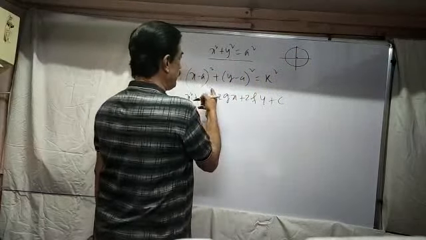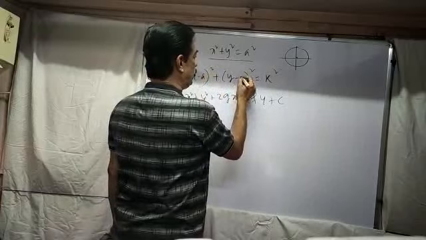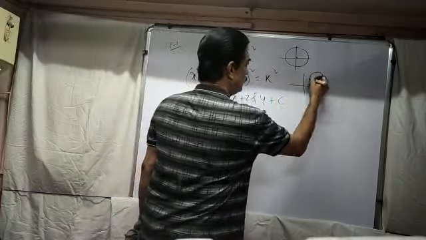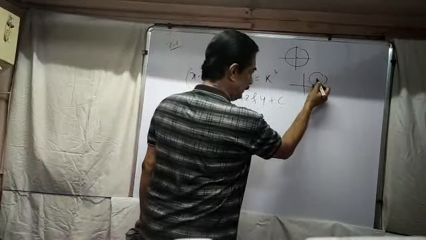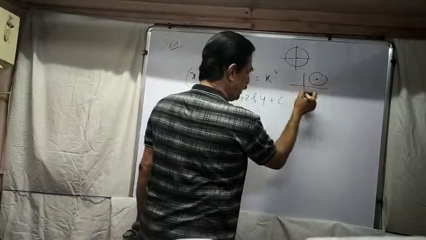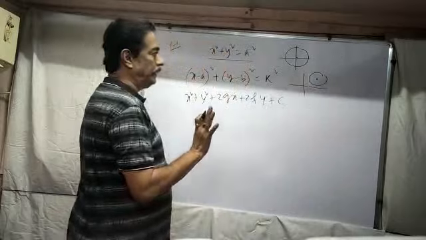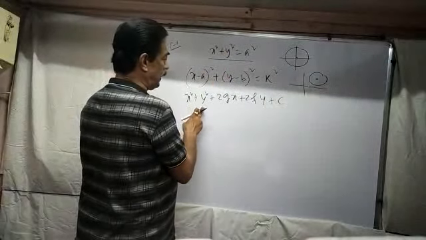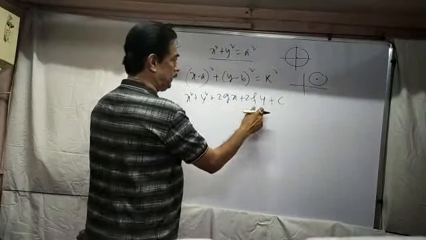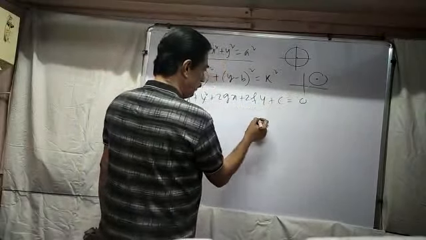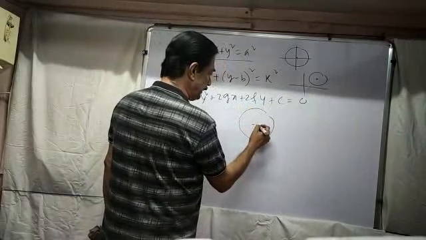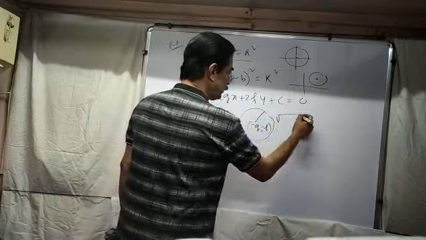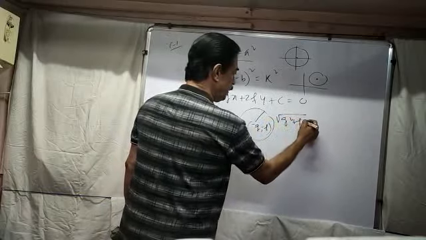And this side, x minus a whole square plus y minus b whole square equal to k square, no problem. So this circle, whether the origin is at this point or this point, whatever it may be. If the center is not the origin, the standard form is x square plus y square plus 2gx plus 2fy plus c equals 0. The center will be minus g, minus f, and the radius will be root over of g square plus f square